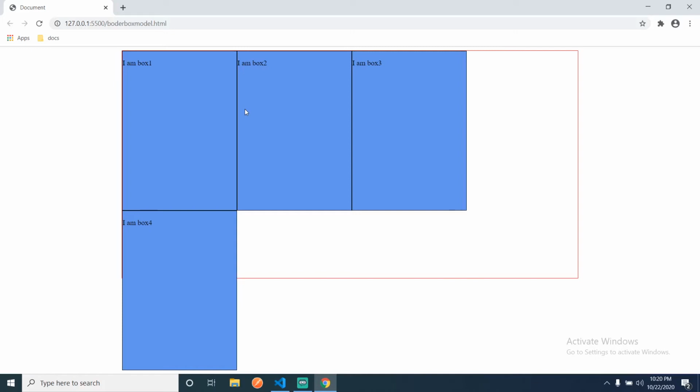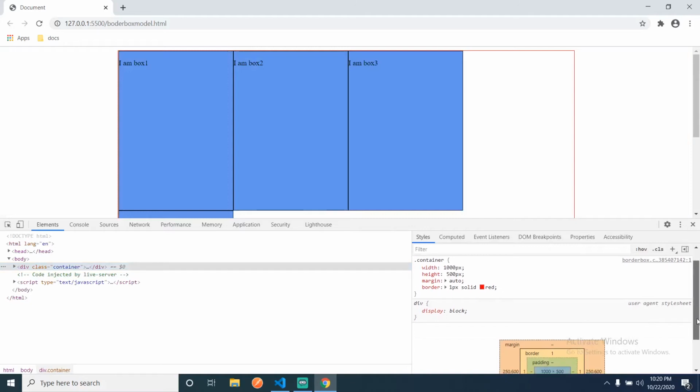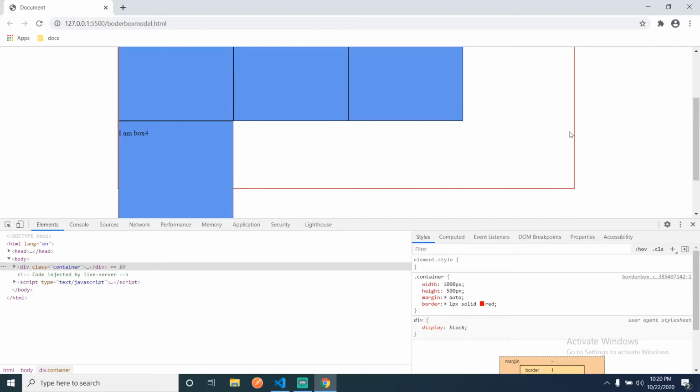You know why this is coming into row 2? Just because of this border box model. Earlier the total width of this container was 1000 pixels, and we had four boxes in that with a width of 250 pixels each, which multiplies to 1000 pixels.